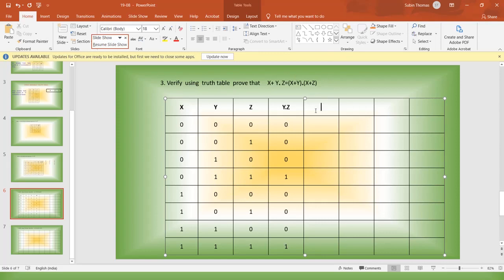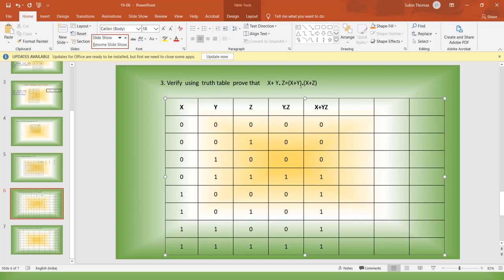And the next one, on the left side the remaining part is x plus y z. X is here, and this is y plus z. It is the addition operation, or the logical OR operation. So you will get 0, again 0, and here it is 0 and this is 1, and here 1 and this also 1, and 1, and here also it's 1. See that these 2 columns, you just add the first column and this 4th column. So that is all about the left hand side, LHS.